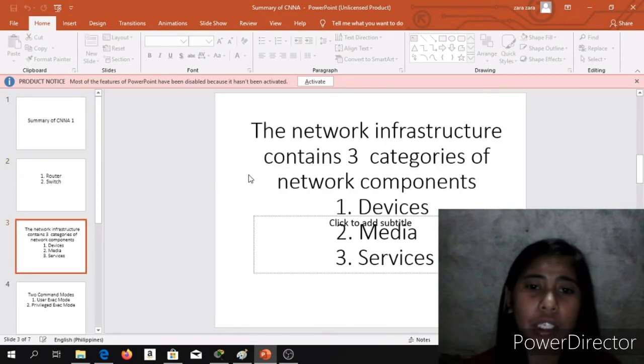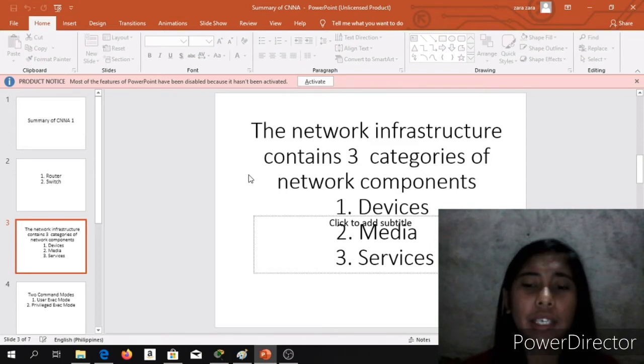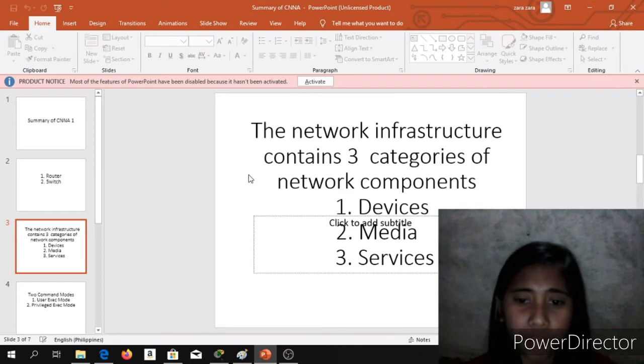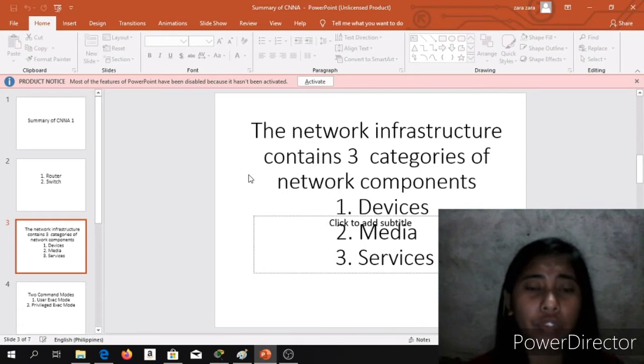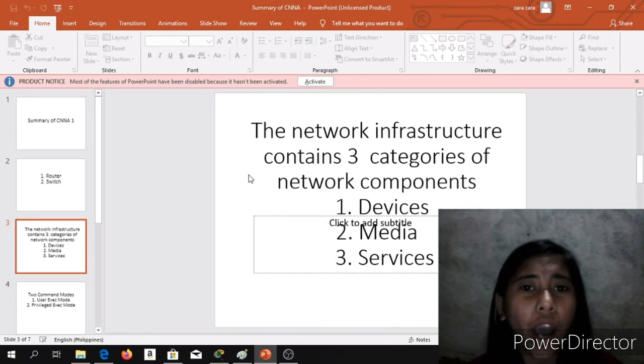We also have the network infrastructure, which contains three categories of network components: devices, media, and services. The first two, devices and media, are the physical elements or hardware of the network. When we say hardware, it is something like PCs, switches, routers. And when we say services, it is the daily use of people, like email,